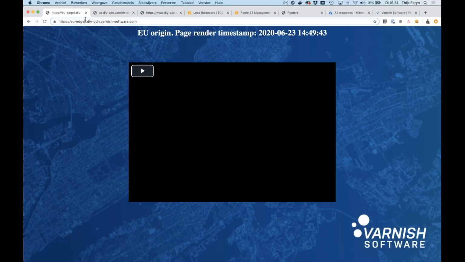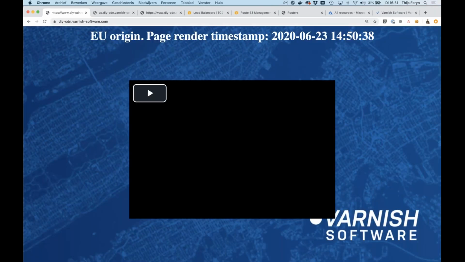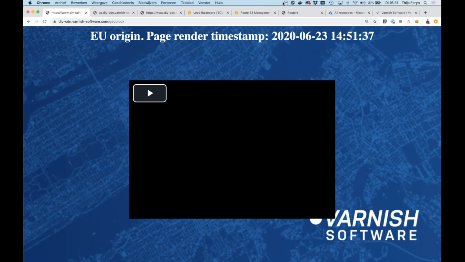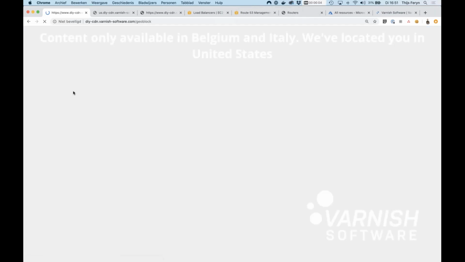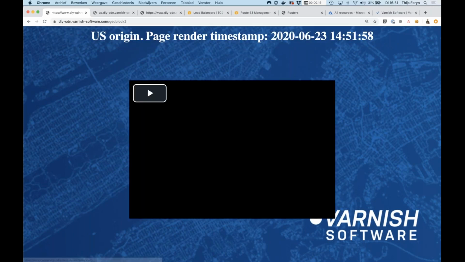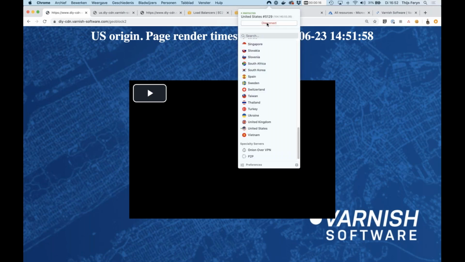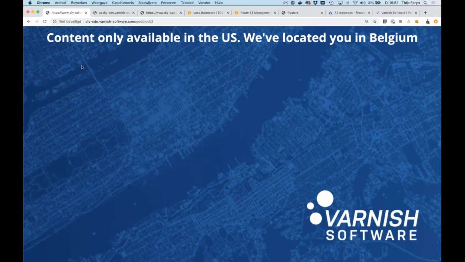I'm going to show you some more features on the www here. Is that we have geo-blocking in place. So if I do geo-block, there is no problem whatsoever. As soon as I go back with my VPN to the United States, and I refresh,